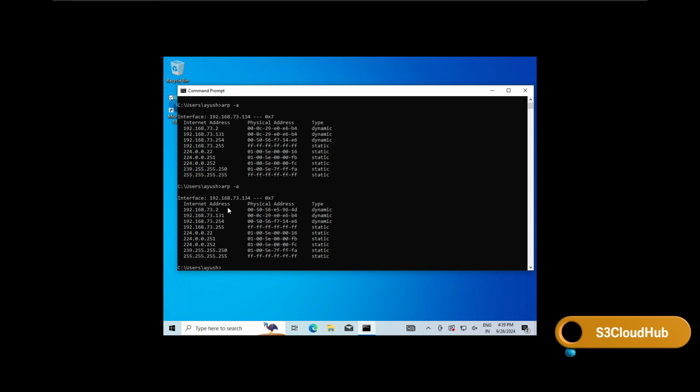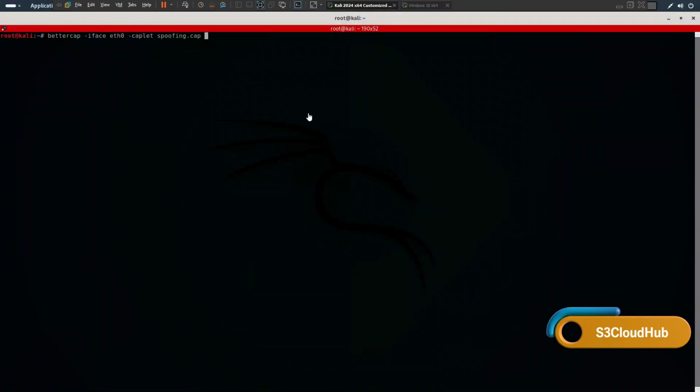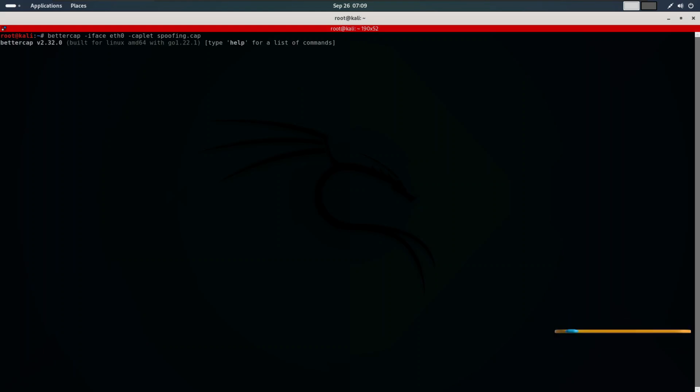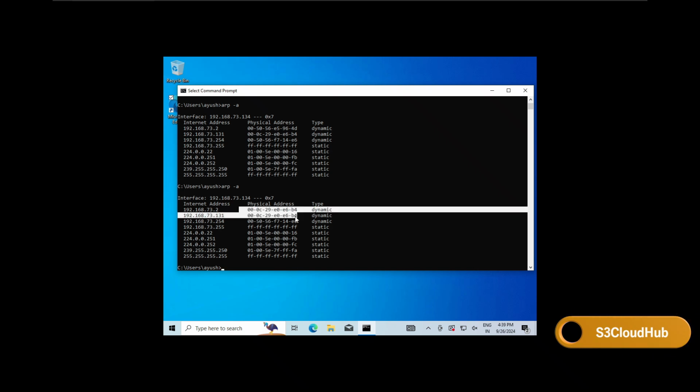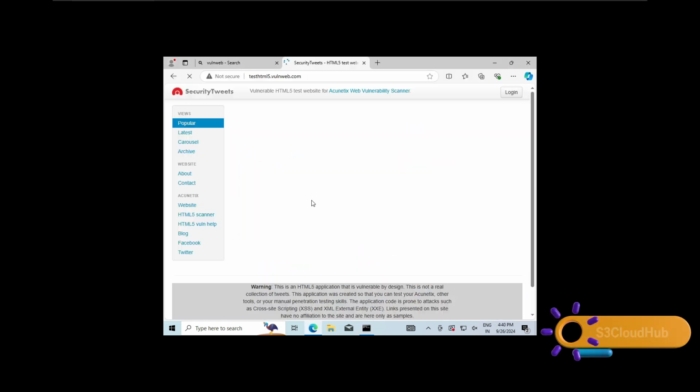Now when I run the caplet, the ARP spoofing runs against the target machine, the ARP table updates and you can see that the MAC address of the router has been changed to that of my Kali machine, meaning we successfully performed the ARP spoofing attack. Just to confirm it's working, let's go back to our test website and I will log in